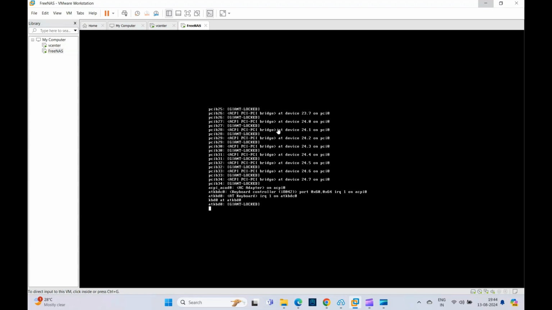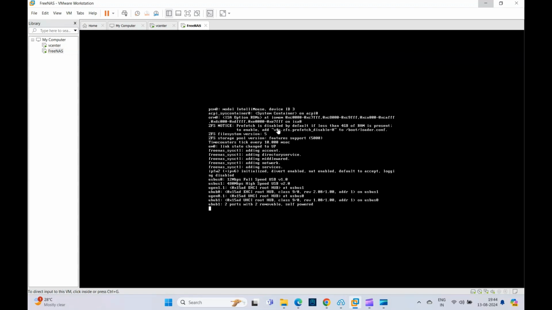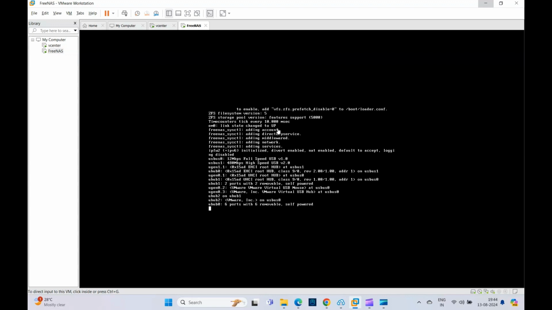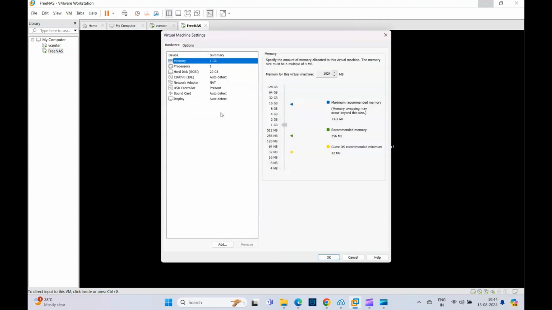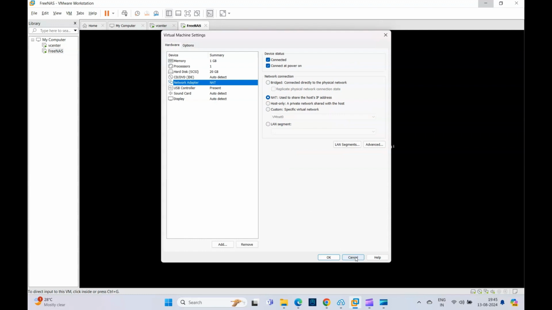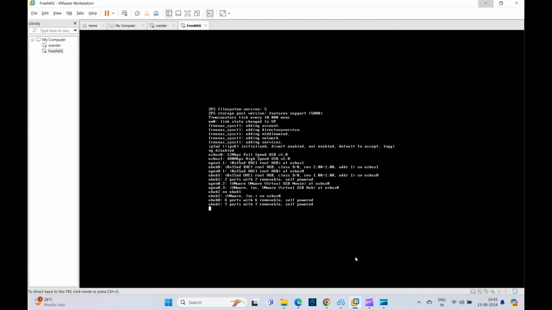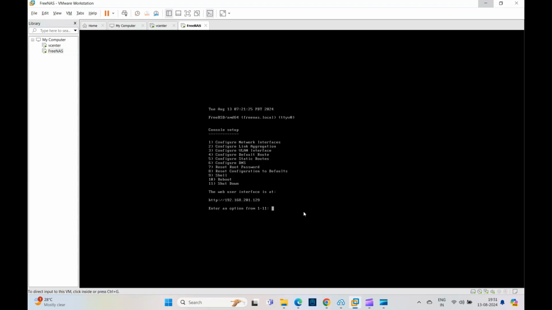Meanwhile we can check the network configuration of the VM and make changes if needed. FreeNAS is up now and we are in the menu which will populate the IP if assignment is